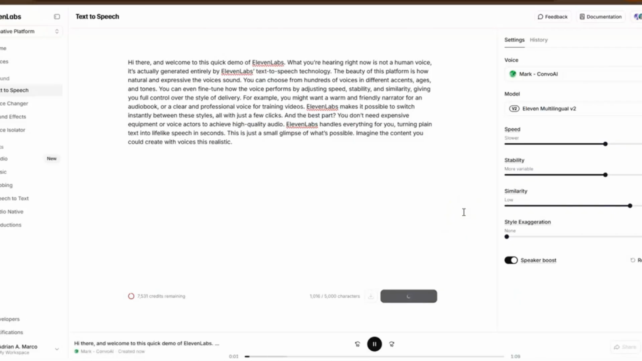Hi there and welcome to this quick demo of ElevenLabs. What you're hearing right now is not a human voice. It's actually generated entirely by ElevenLabs text-to-speech technology. The beauty of this platform is how natural and expressive the voices sound. You can choose from hundreds of voices in different accents, ages, and tones. You can even fine-tune how the voice performs by adjusting speed, stability, and similarity, giving you full control over the